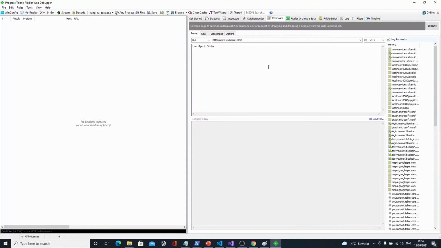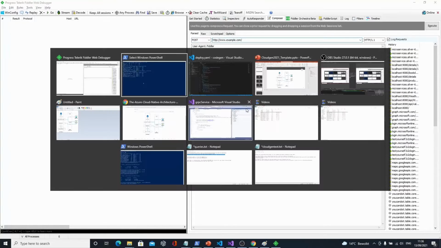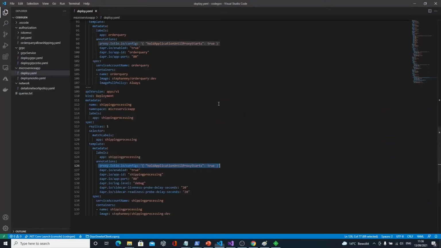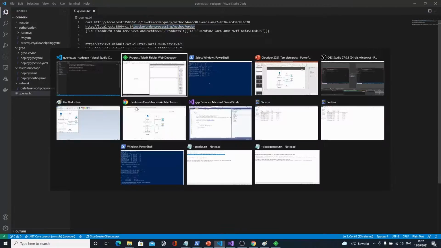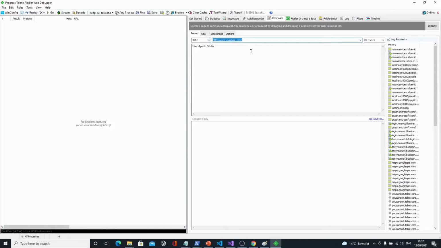If I make an HTTP POST query, let me see, I have a cheat sheet here just to make sure that I can query this. So this is the order processing. I thought I had saved the full path, but it seems that's not the case. It doesn't matter. I'm going to invoke this service from outside.